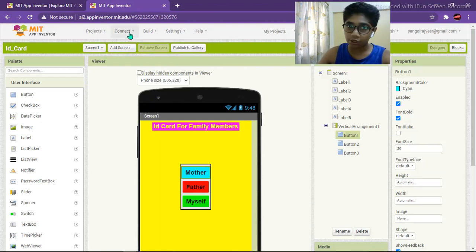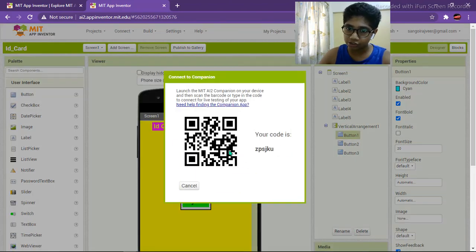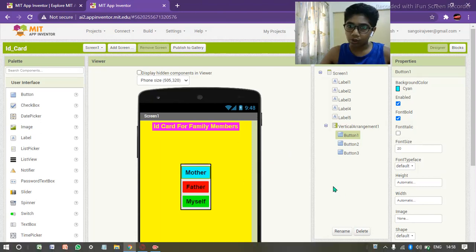And for testing your app, go to connect and the first option, AI companion. Just scan this code from the MIT AI2 Companion app, or else you can just write the code, which is this. And now we are done with everything. Once you click on mother, you open screen 2, father screen 3, myself screen 4.